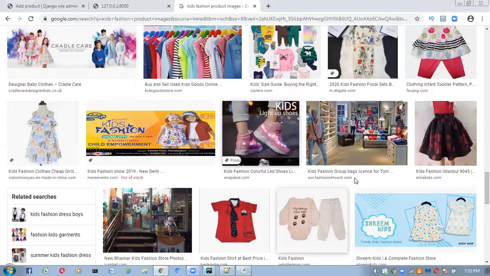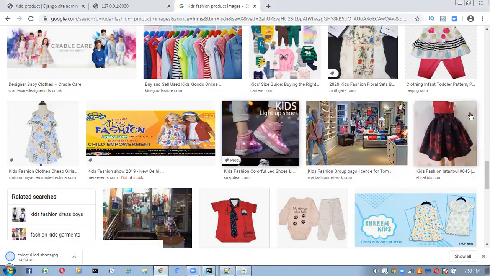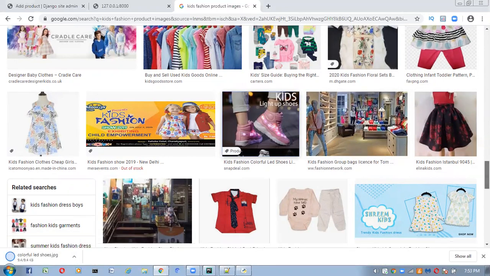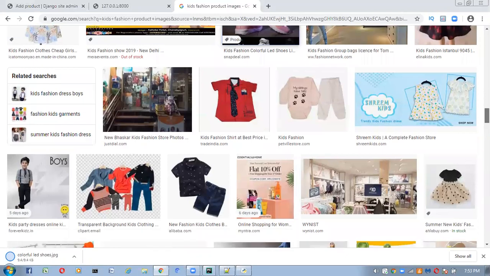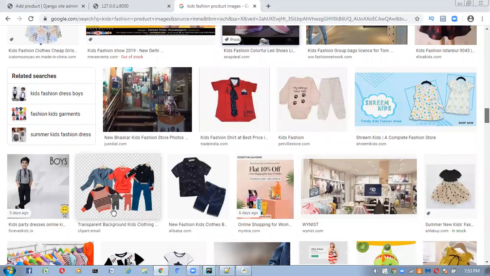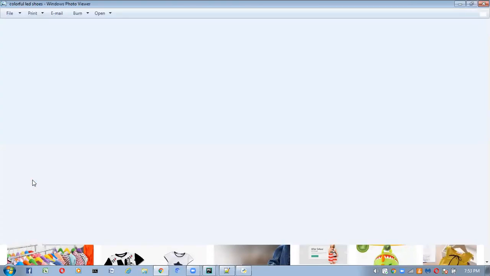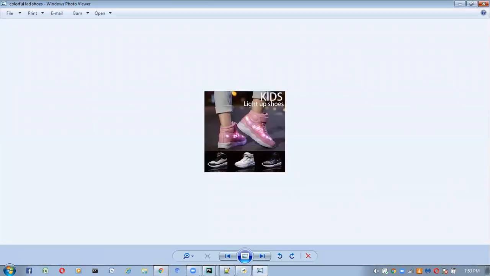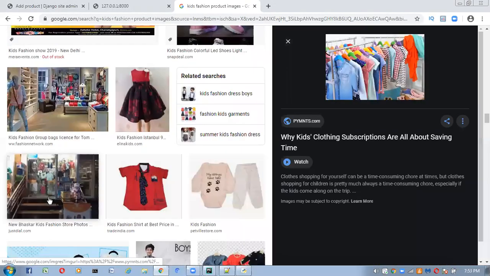And select one more item, two more items. We'll see whether it goes to the next slide or not also. Here, take this one, kids party wear something. What is this? Kids party wear dresses. Okay.